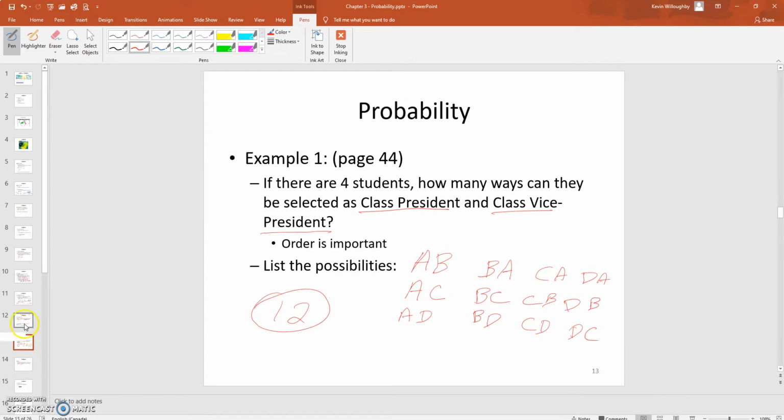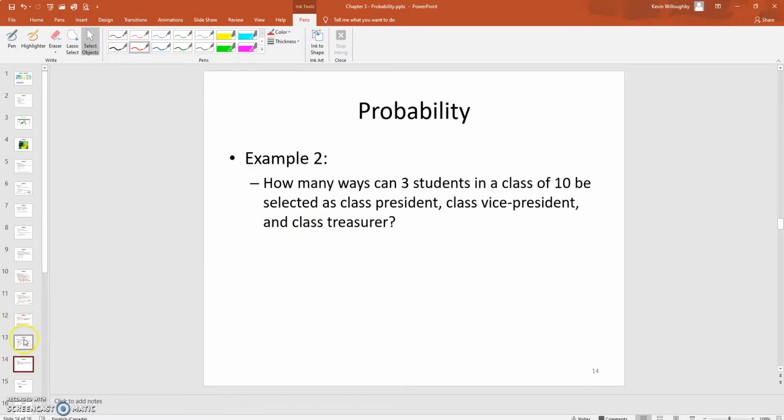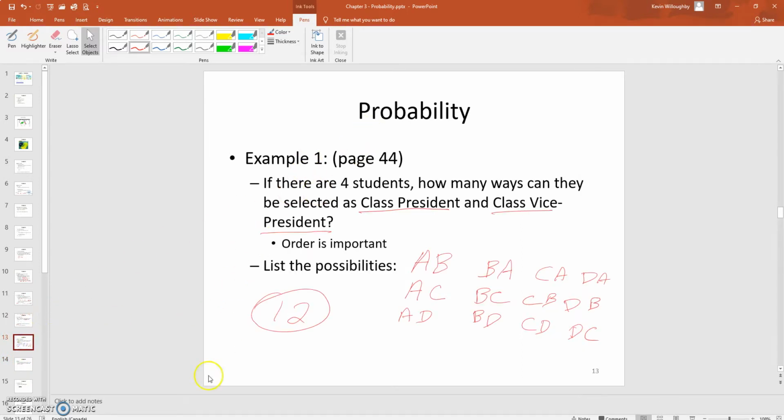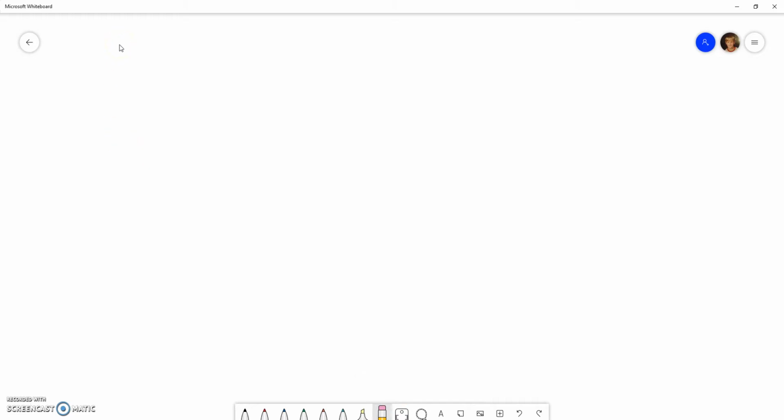So let's apply that formula we saw back here, nPr, to this work here. So I'm just going to clean this up. Clear canvas. So nPr, n factorial over the difference between n and r factorial. So this will be written as